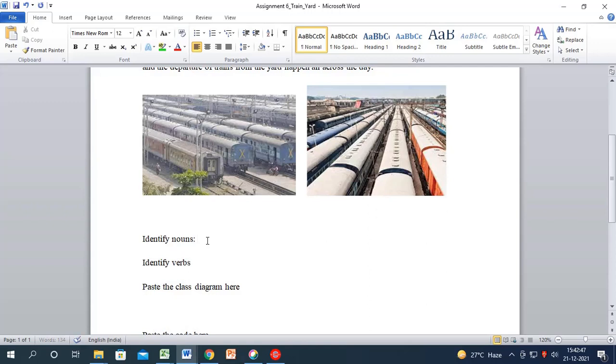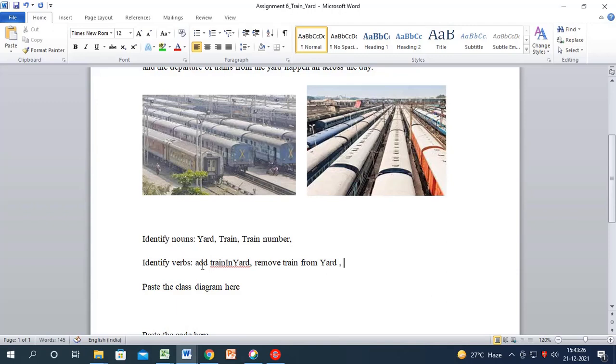So nouns, as a representation I would say yard, then train, then train number. What you can do with the yard, you can add trains in yard, you can remove train from yard and whatnot.